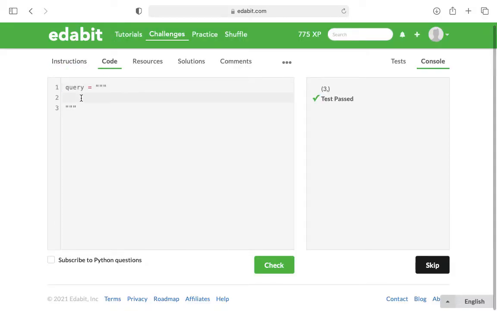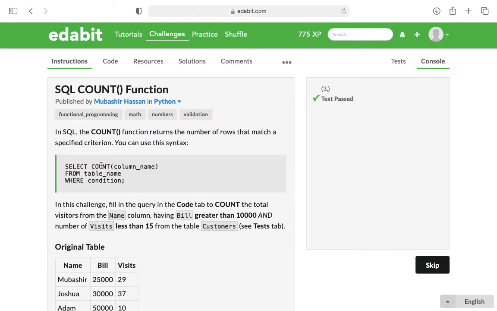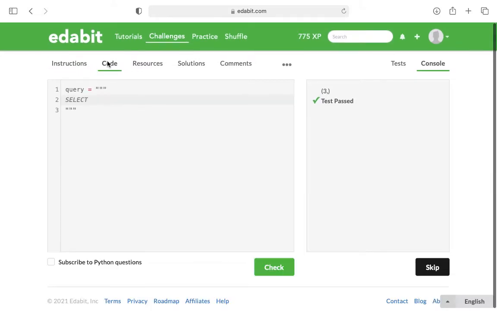So inside here, I'm just going to choose not to tab this time. You could tab. I just feel like it's easier not to tab this time, but I'm going to write select count and then the column name. So select count and the column name is name